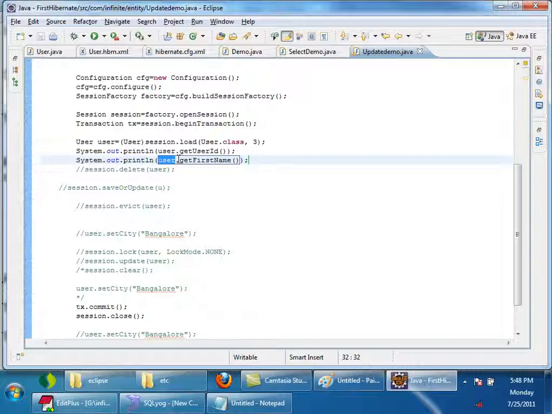But you will have a reference. You can use this object as if it is the original object only, right? So performance is definitely increased if you are using lazy loading. So this is one more facility, lazy loading. We can enable or disable lazy loading.